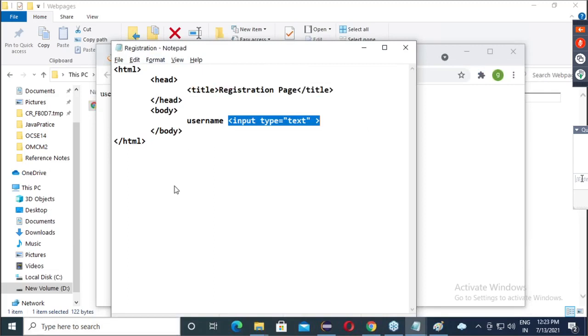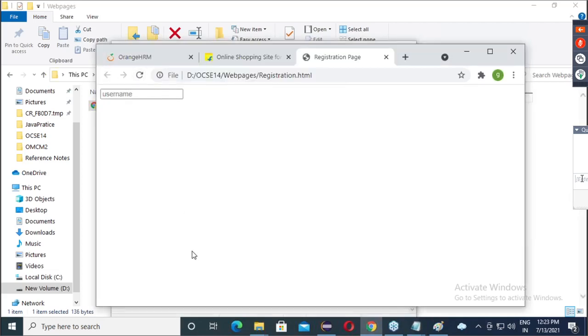Now this is our source code. Remove this username from here. Inside this, we will give placeholder, which will reflect what kind of field it is. So username. Save this, refresh. Now, can you see that username is entering inside that field only? What's the point? So now this is nothing but the username field.